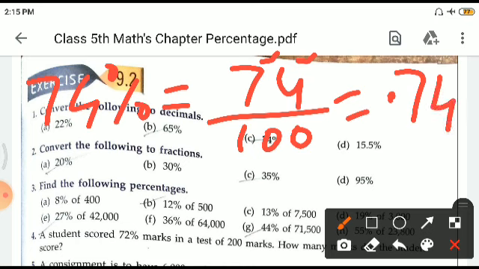Just for your understanding, children, the best thing is you just count how many digits there are in the denominator. There are 3 digits. In the numerator, how many digits are there? 2 digits, right? So because there is a gap of one digit between 2 and 3, just before 7 we will put a dot. This is for your understanding. I have told you 2 techniques, and it's up to you which technique you like the most and solve it with, right?